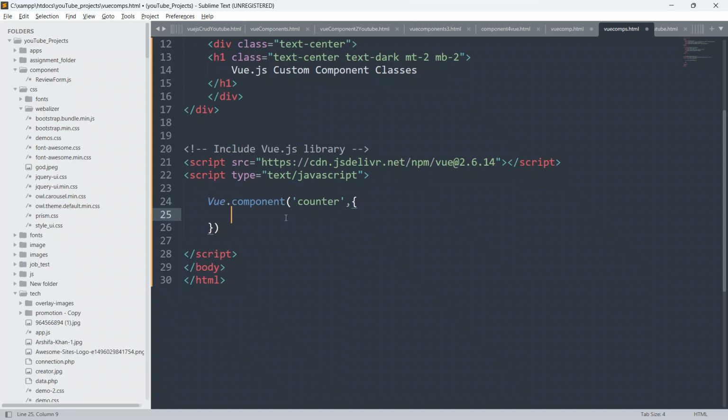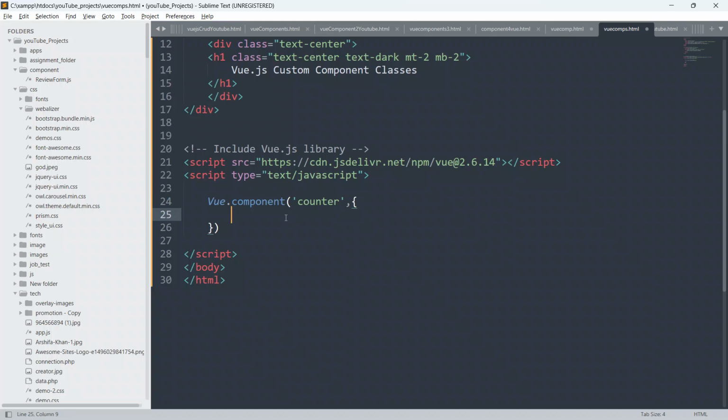We can define our computed methods also. We can define our created hook also. We can define anything, guys, inside a custom component, because this is a separate code base, and a custom component can be used in many places throughout your applications.